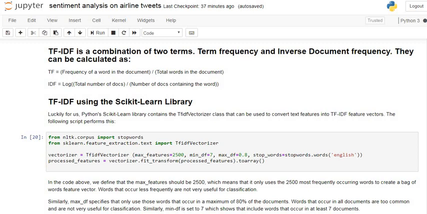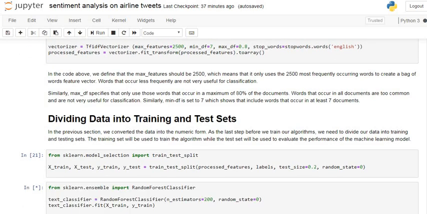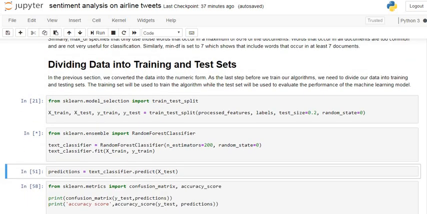So now we divide our dataset into training and testing, that is 80% training dataset and 20% testing dataset. Now we are going to see the classification. Here we use the random forest classifier. Our random forest classifier command is still running because our dataset contains many data points, more than 50,000 rows. So we have to wait for some time for running our machine learning model, random forest classifier.